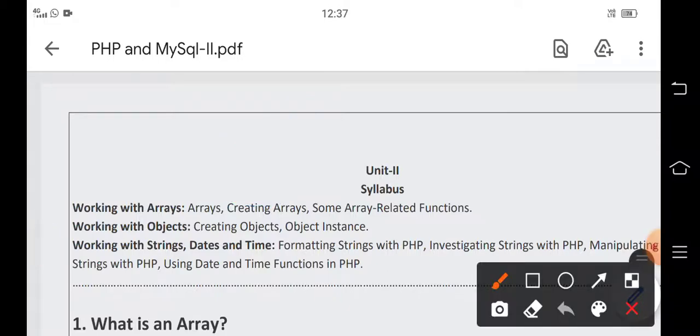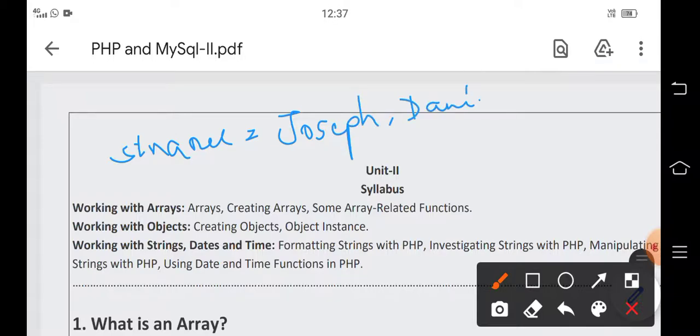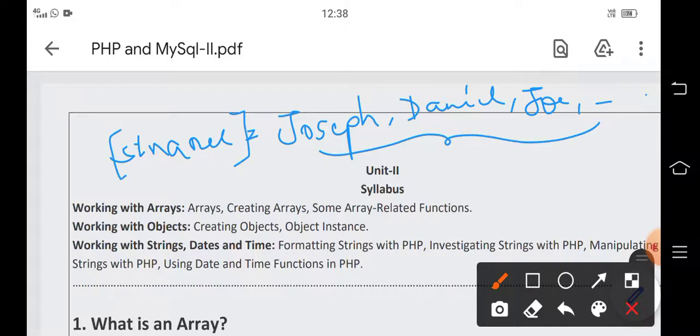Suppose we are maintaining some student data, then we have more than one student. Like if you want to store student names, the students may be Joseph, Daniel, Joe, etc. So many students are present in a class, and we want to store all the students of a particular class in one variable.